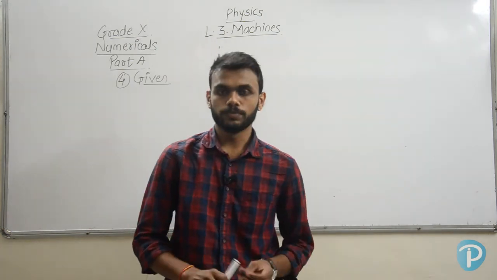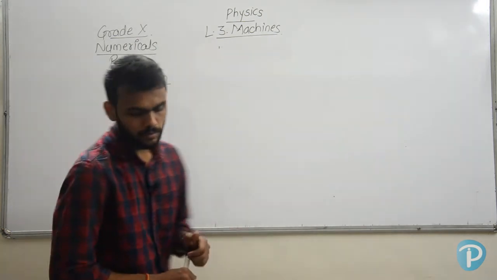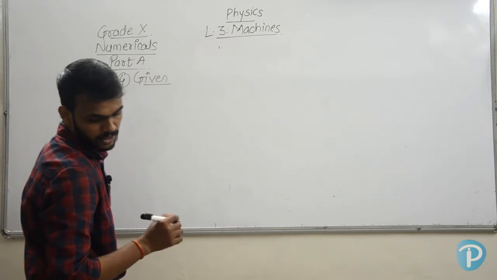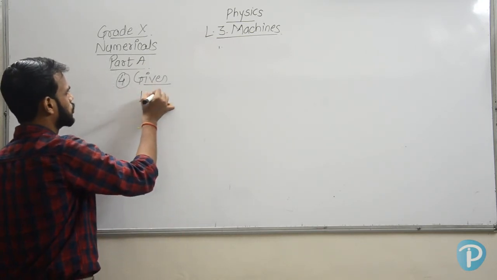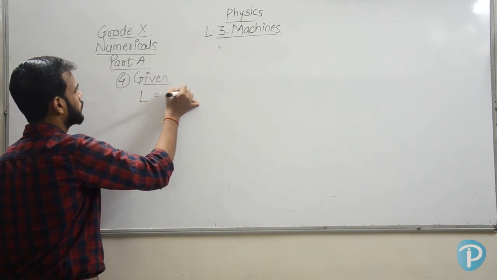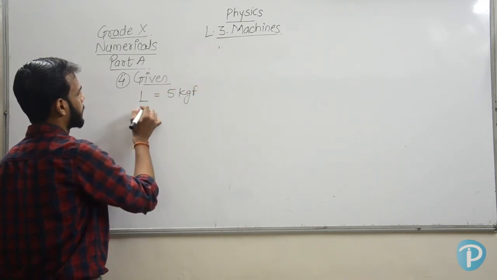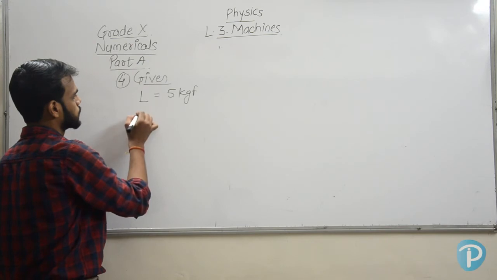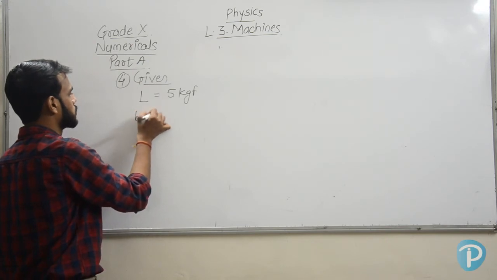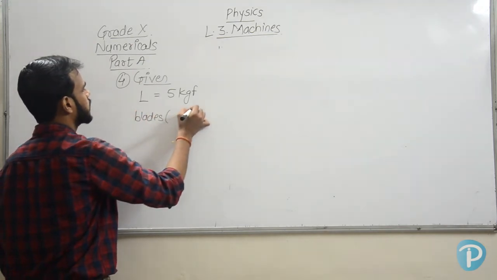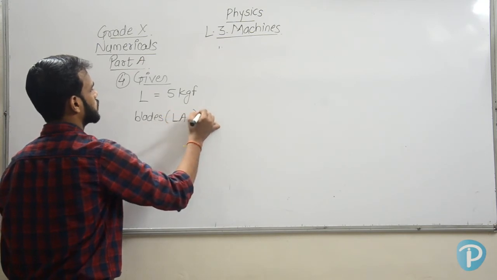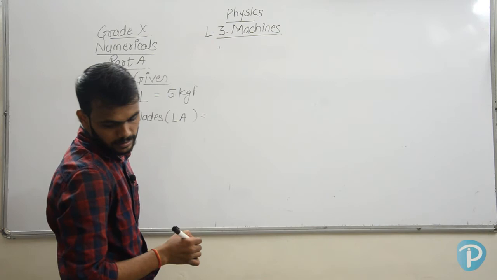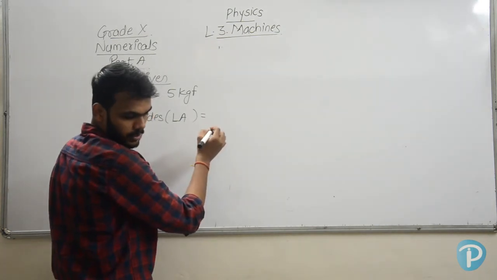Okay. So force of 5 kgf is required to cut a metal sheet. So load is 5 kgf, then length of the blades. So blade length is nothing but load arm. So that load arm length is 5 cm